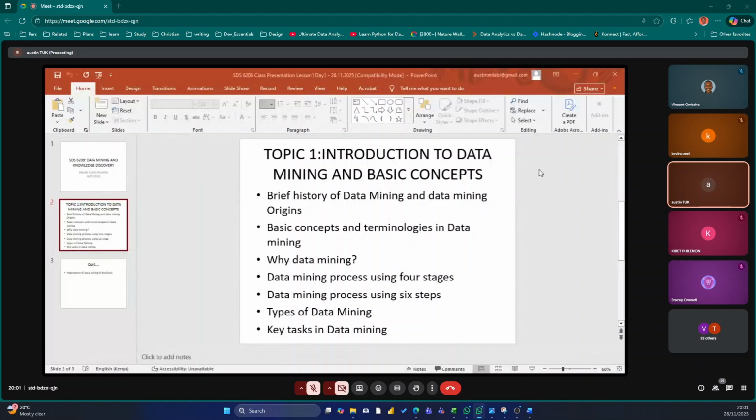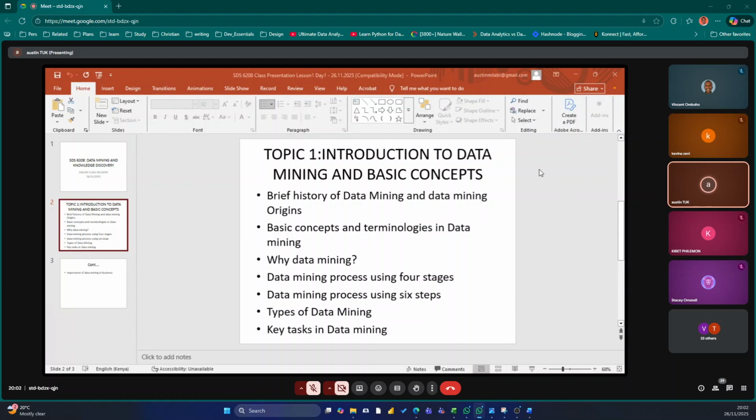In data mining, apart from the types, apart from the steps, apart from the stages, we have got tasks that cannot fail to occur in data mining tasks specifically. And some of these tasks could also be converted into techniques.